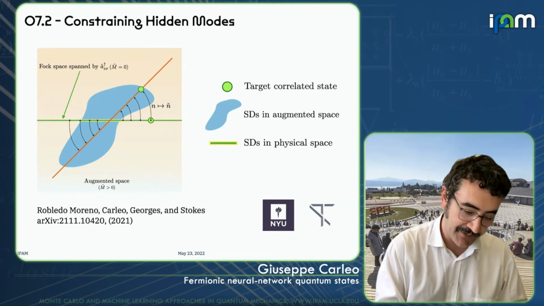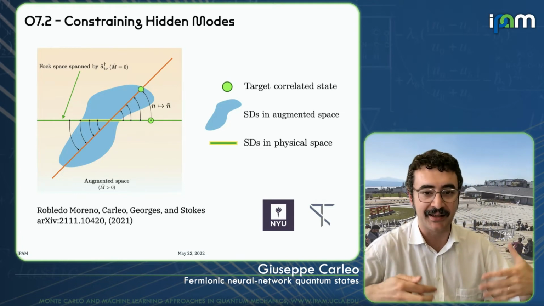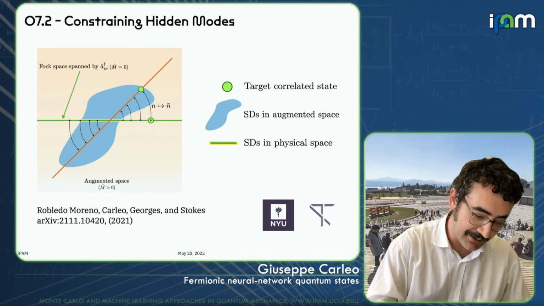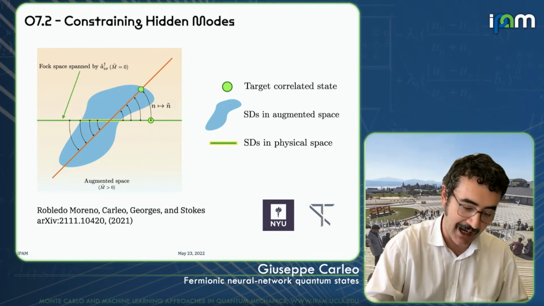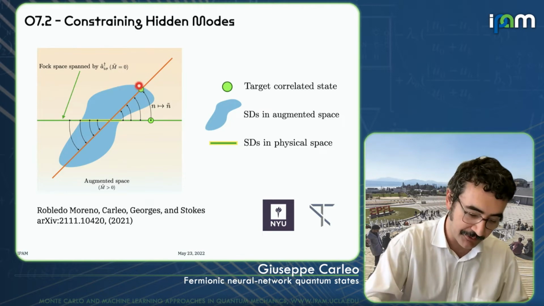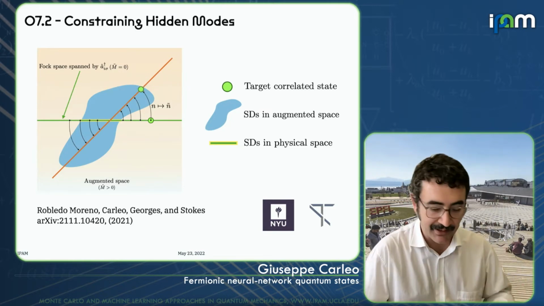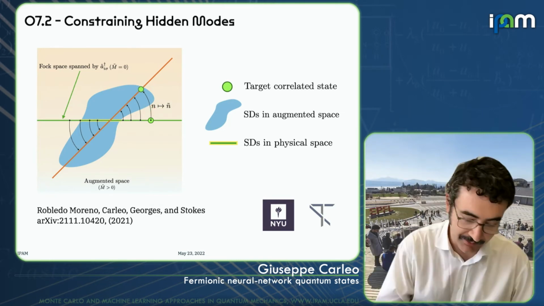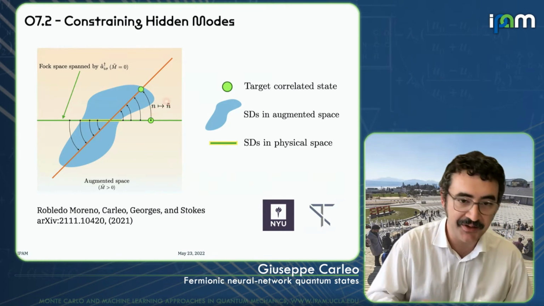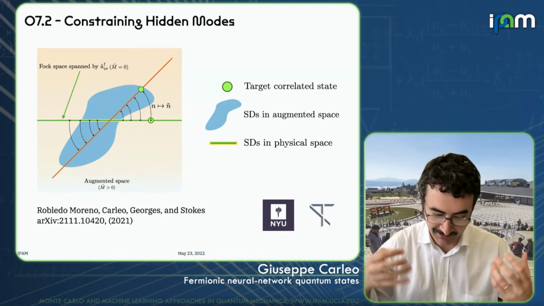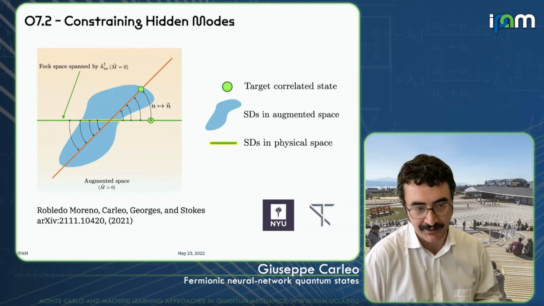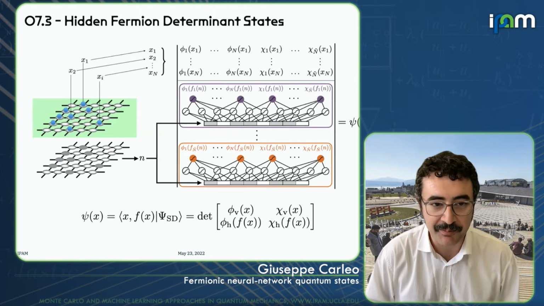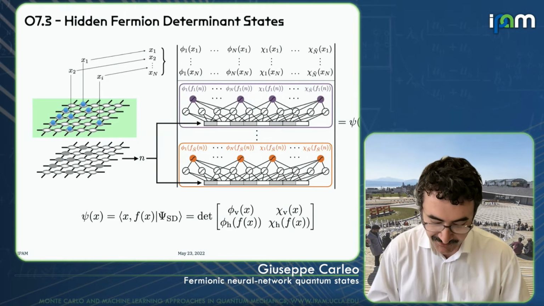So if I'm able to construct an extended space of fermions, then I can map this free fermionic wave function back onto the correlated subspace, by a mapping that will map the density of my physical particles onto the density of my virtual, or auxiliary, hidden fermionic part. Just to be more clear, from a wave function perspective, I think this is maybe easier to understand.